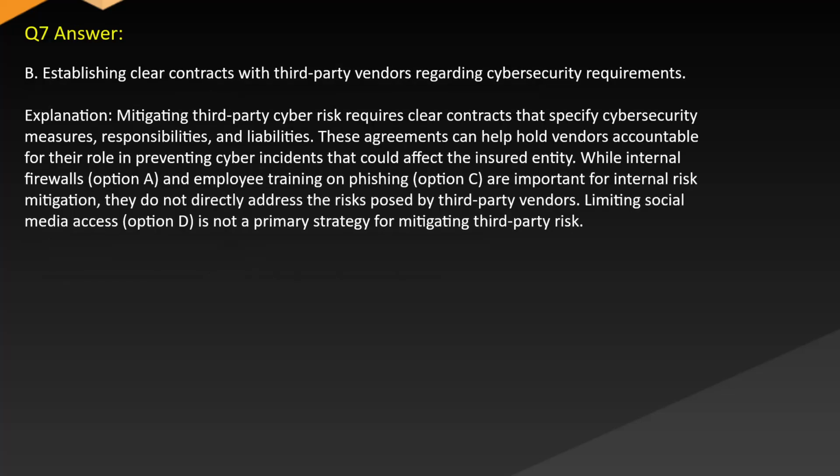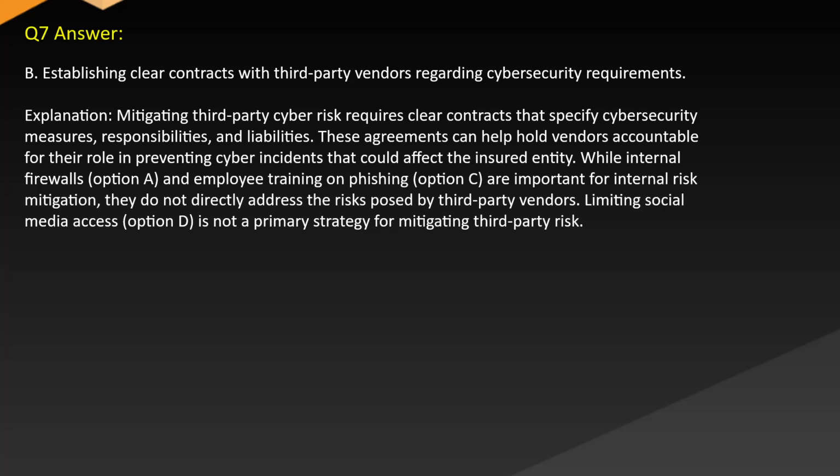Answer. B. Establishing clear contracts with third-party vendors regarding cybersecurity requirements. Explanation. Mitigating third-party cyber risk requires clear contracts that specify cybersecurity measures, responsibilities, and liabilities. These agreements can help hold vendors accountable for their role in preventing cyber incidents that could affect the insured entity,